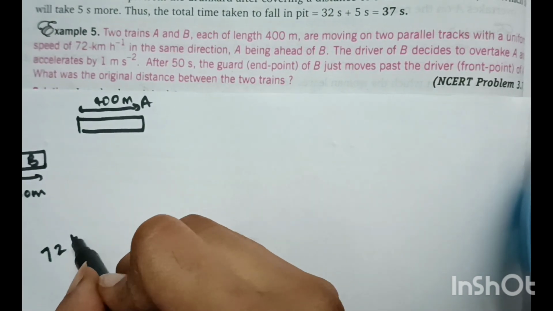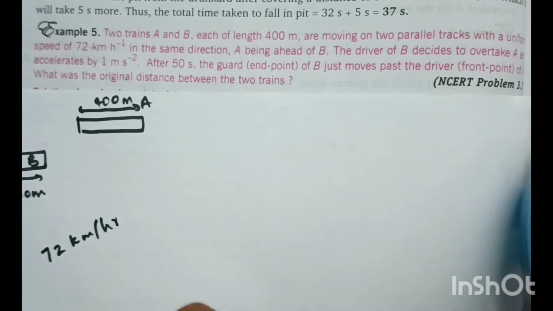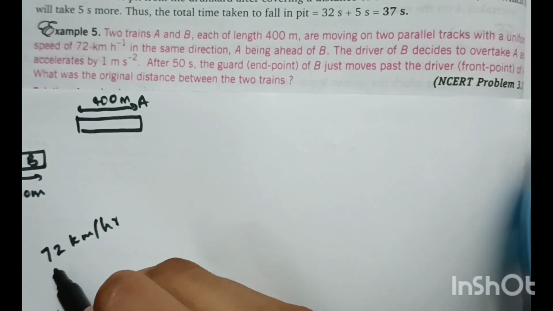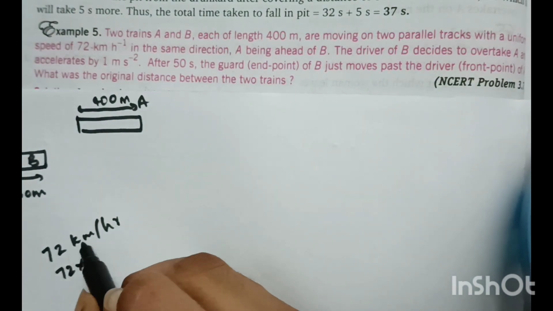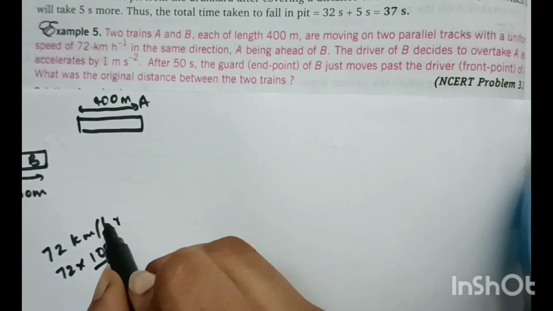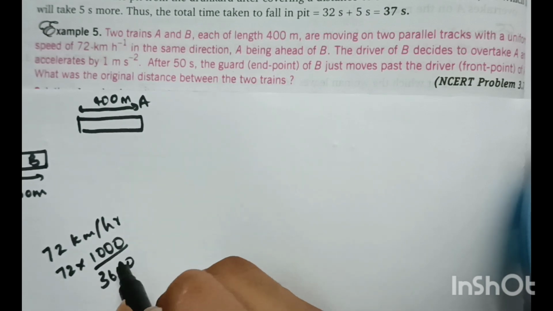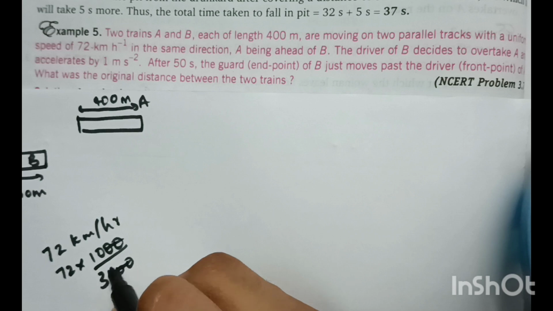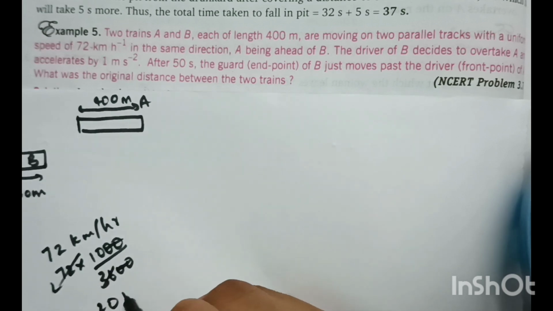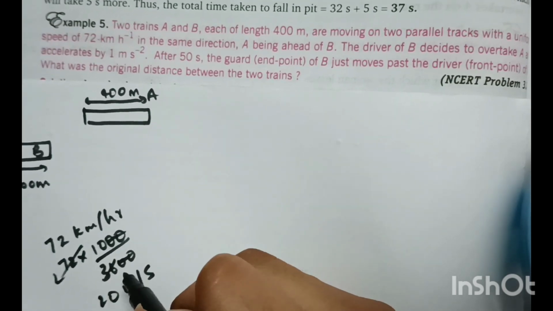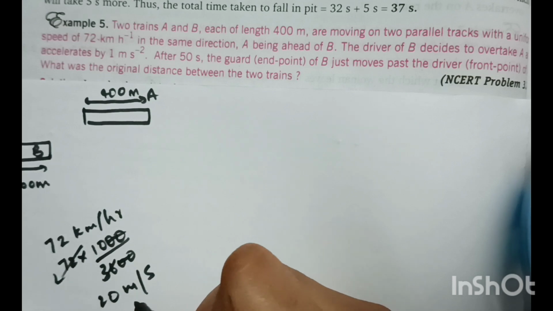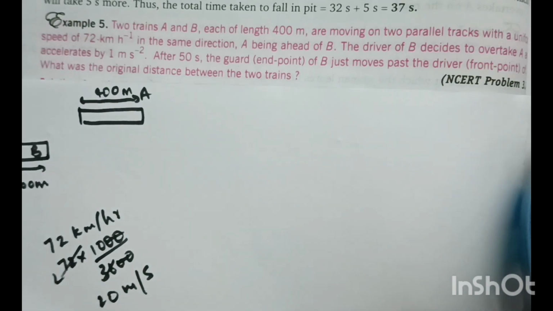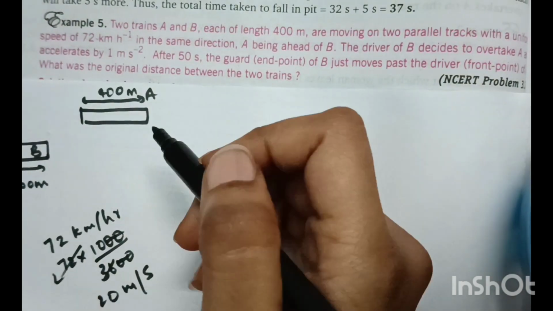72 km per hour. Let us convert it into meter per second. 72 kilometer is 1000 meter by 1 hour is 3600 seconds. So 20 meter per second. So both the trains are moving with 20 meter per second. Now